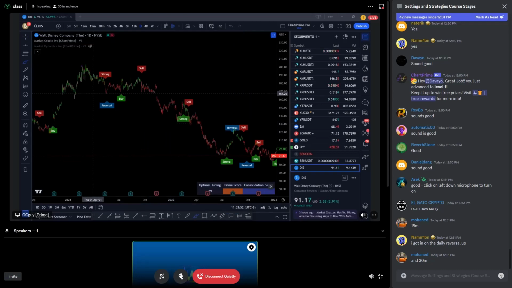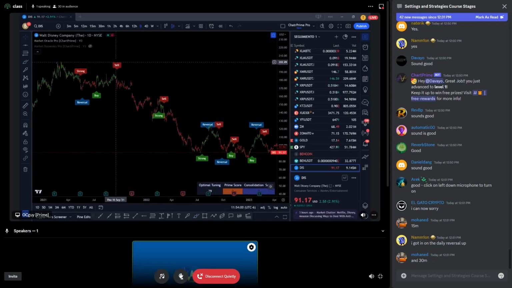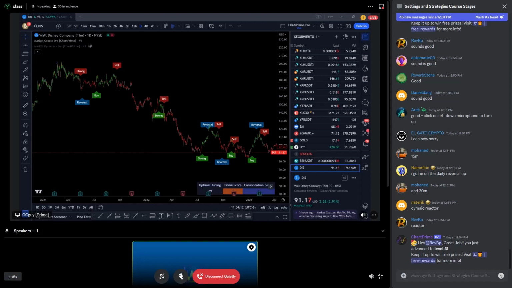Can anybody tell me what am I missing to configure my Trend Node, which is a very, very important part of configuring Trend Node? I always have it in my charts. I always say, all right, this is one of the indicators that I cannot live without. Dynamic Reactor, you got it, Nateric. I'm gonna give you another point for that, another 15 points for that.